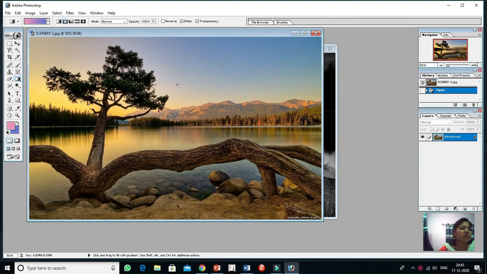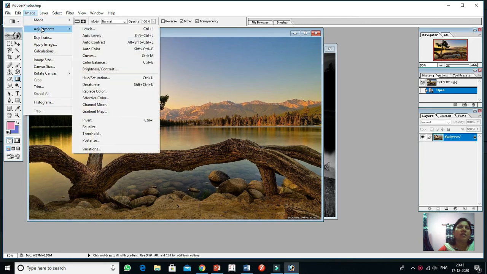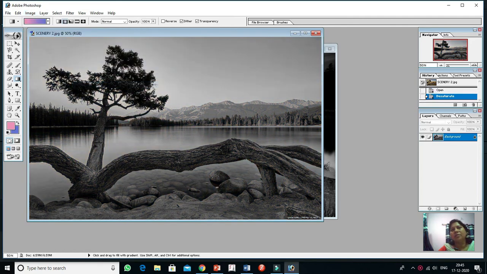Or the next method is image, adjustment and desaturate. Now see, this is converting your color photos or images to black and white.